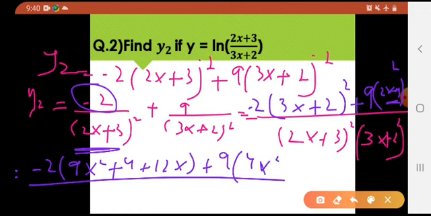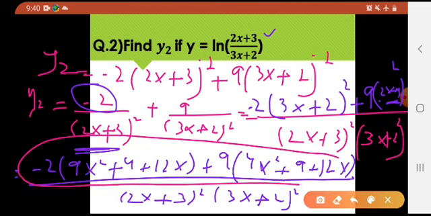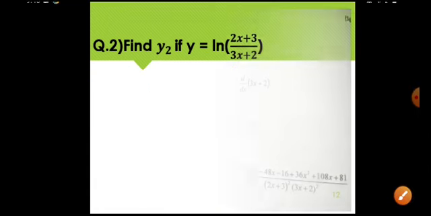So it would be 4x square plus 9 plus, 2 3s are 6, 6 2s are 12, so it would again become 12x, whole divided by these two terms. Now all you have to do is open up these terms in the numerator, multiply this -2 with all the terms, open this bracket too, and then there would be some cancellation and some simplification, and then the answer would be,